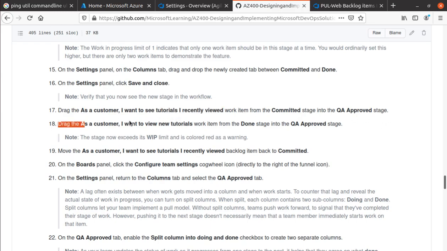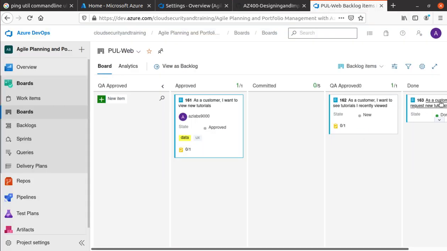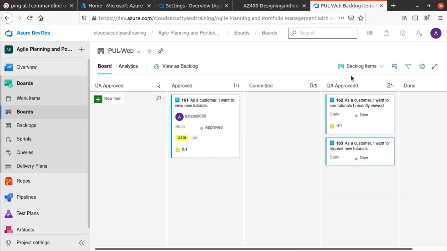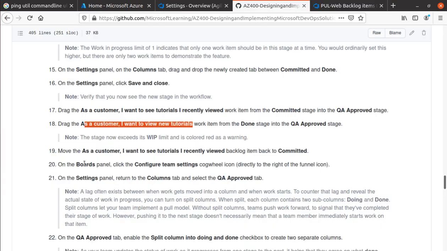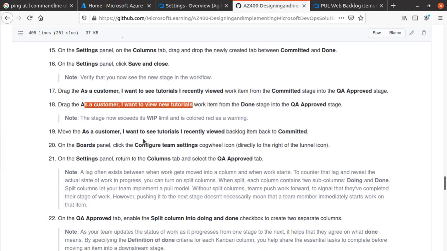And drag "As a customer I want to view new tutorials" work item from the done stage to the QA approved stage as well. So this one done, I can also bring it back to the QA approved stage. Okay, and